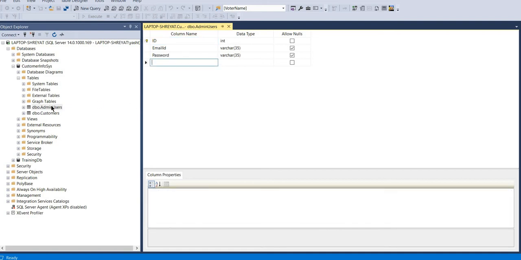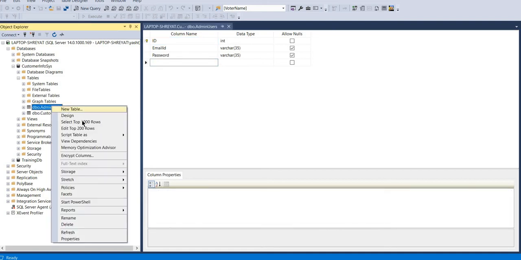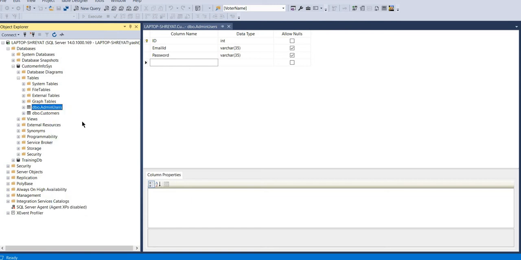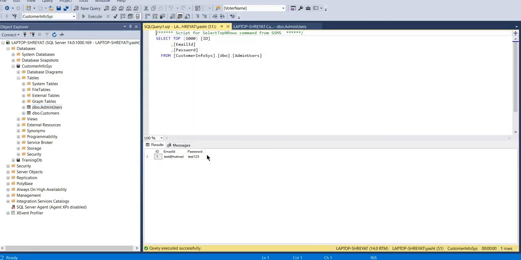Okay, I also inserted a record inside that. If you see here, I inserted one record. So while logging in, it will check that the email ID and password are the same as the data available in the database, then it allows the user to log into the site.